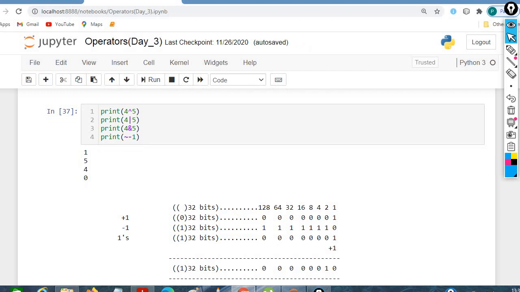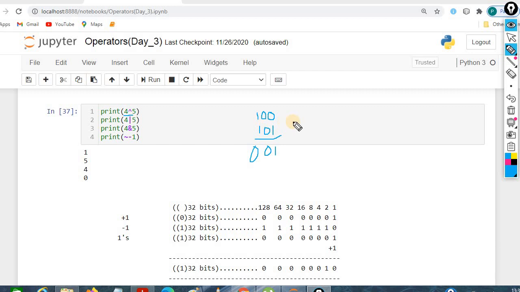Let us consider the example. We are considering int values and trying to apply XOR, OR, AND, and negation. We are getting the corresponding results. When we apply XOR on 4 and 5, we write it like this in decimal format.